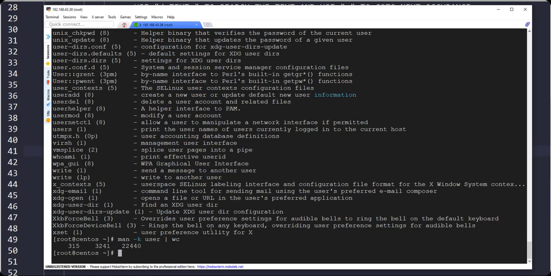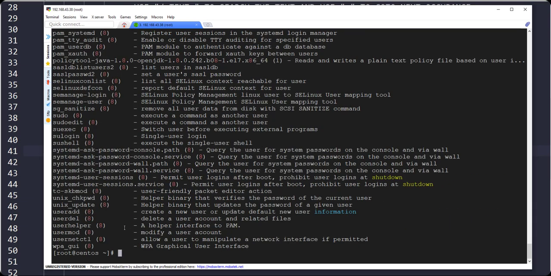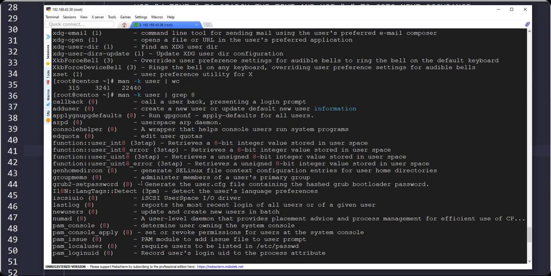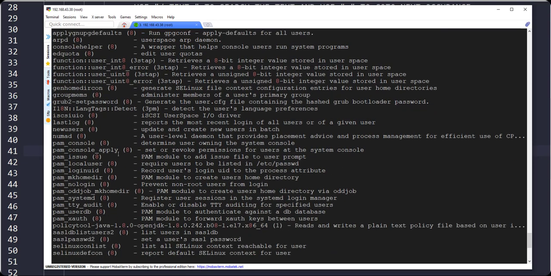Because this is a user administration command, user creation is not meant to be used by everyone, so you should have a slight idea that this must be a command which should be run by the root user. So what you do is just filter the number 8. Let's grep 8. Now it is filtering out all the commands with the number 8 appended to it. Now start reading. There are not a lot of options in here, and you can scroll.